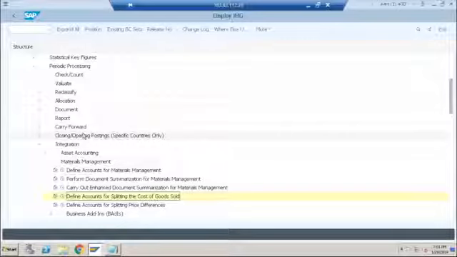Second one, COGS split. So what is COGS split? Normally when we create a sales order and do the delivery, when you do the PGI, the system will post the debit entry into the COGS account. Now, looking into the accounting, I cannot determine out of this total COGS how much is my material cost and how much is my labor cost. That information is only available in costing based COPA. That was always a problem with account based COPA.